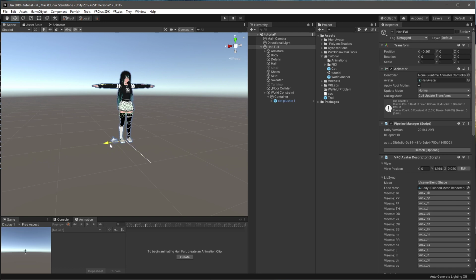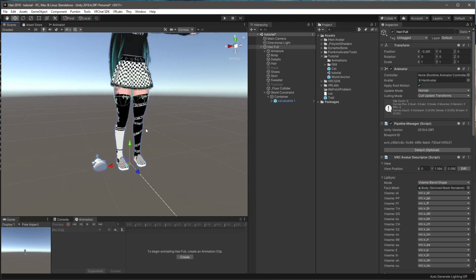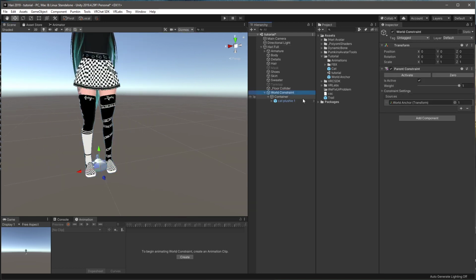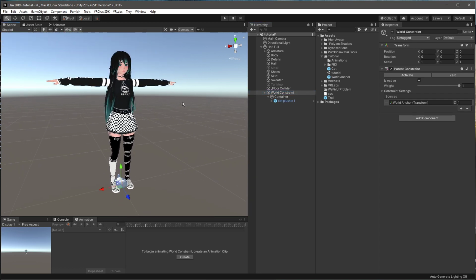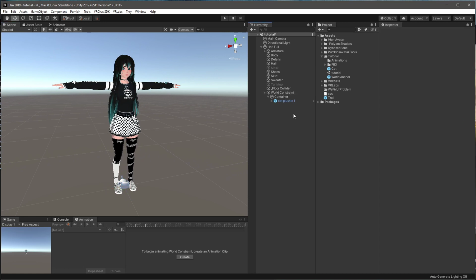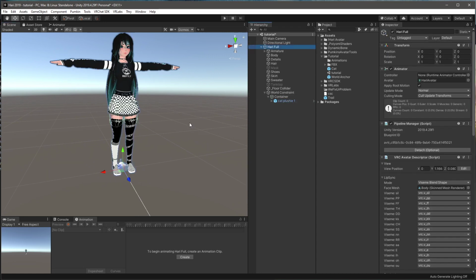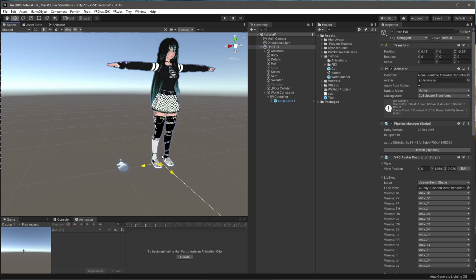Right? So that's all there is to it. The world constraint is just a constraint targeting an object that doesn't exist. Granted, I will say again, I did not make this up. This was created by VR Labs. I just didn't want to import the package, so I made my own. But anyway, that's how you get an object to stay still in the world regardless of where your avatar is,